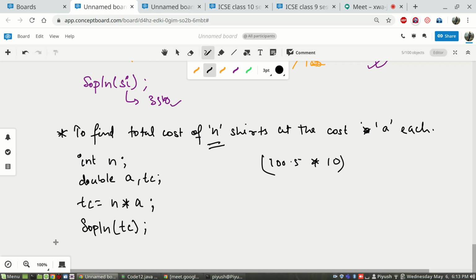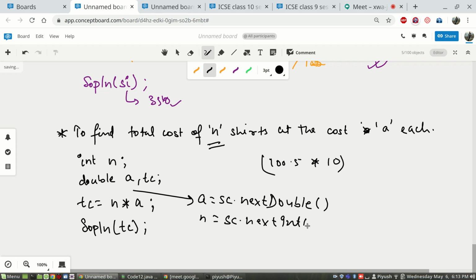So we can still improve this by getting the input from the user. Of course we have to, I forgot. Actually I should have written a equals sc.nextDouble and n will be sc.nextInt.